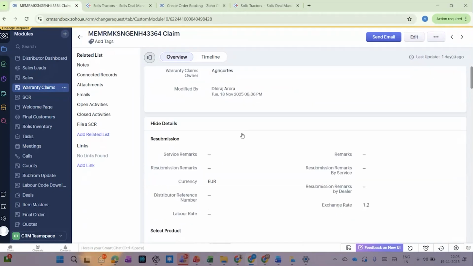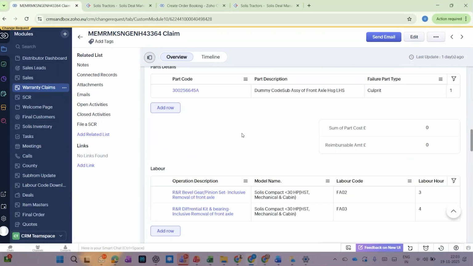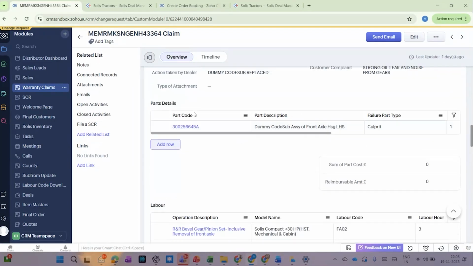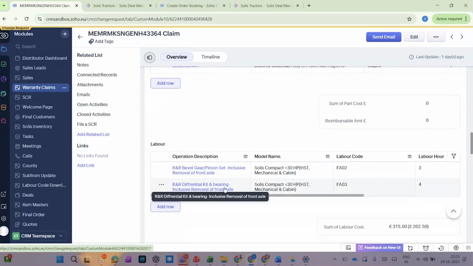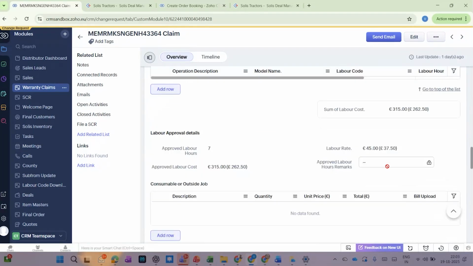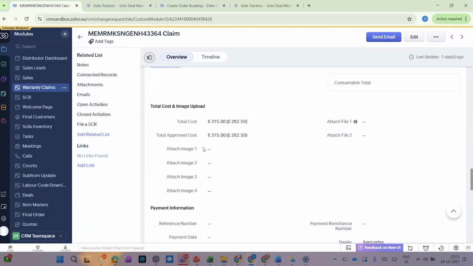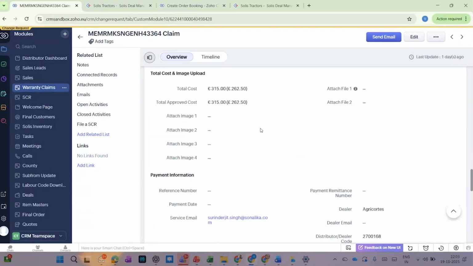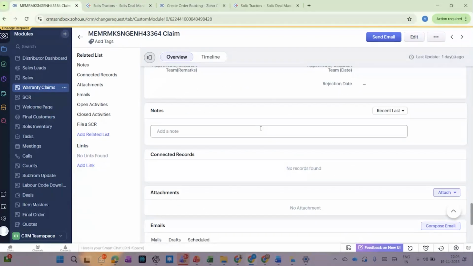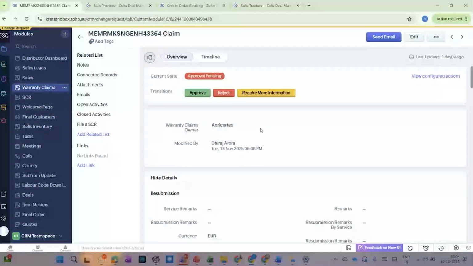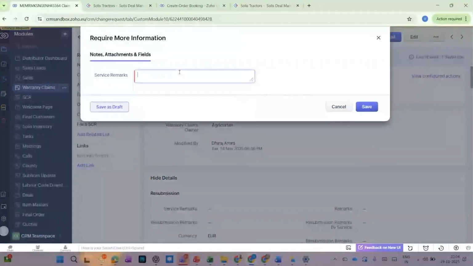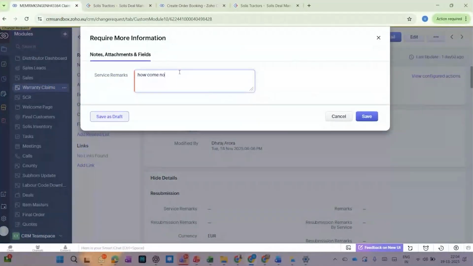And every piece of information that we filled in: what was the part that we selected, whether it was a culprit or not, what was the labor that they have added, whether there were any other consumables that we added, all the images that are there, all of this gets added here. I can either approve this, reject this, or if I want some more information, I can say, how come no consumables